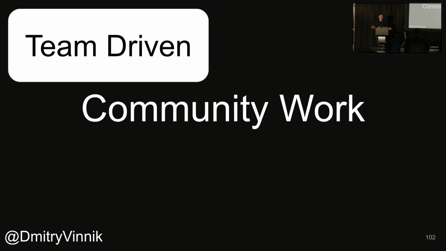When it comes to community work, as I said, community is the key to open source. It has to be team-driven, right? Especially at the beginning. I don't mean the engineering team that might have open sourced, but members of the project. It has to come from them as well. People should feel that they've been mentored. There are tags on the issues, like "good first issue," which is usually a good way to start.